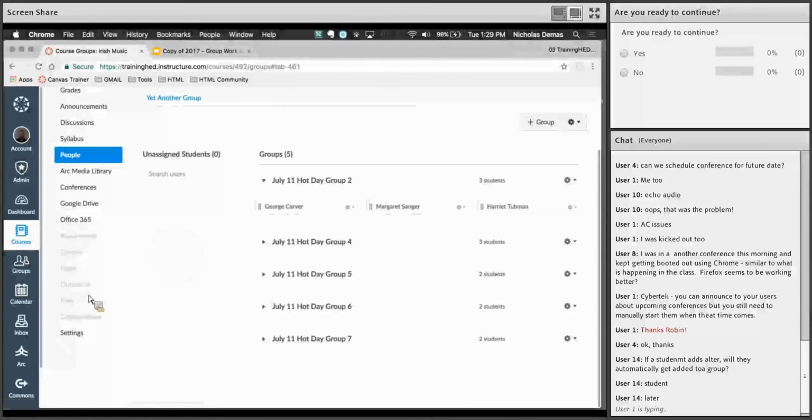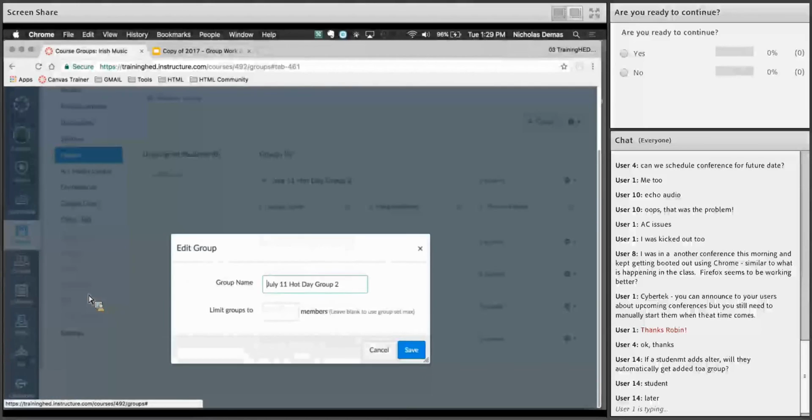using that arrow pointing down, and I can take a look at what's going on, who's in those groups. And if I wanted to, I can drag and drop students from one group